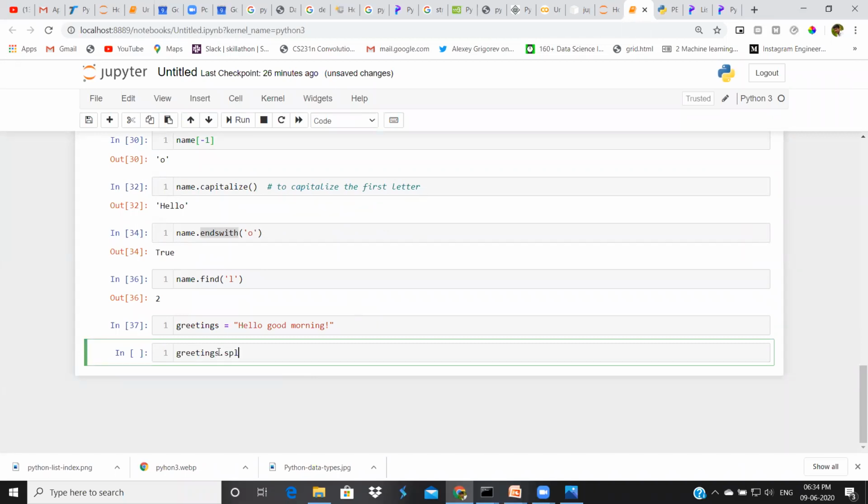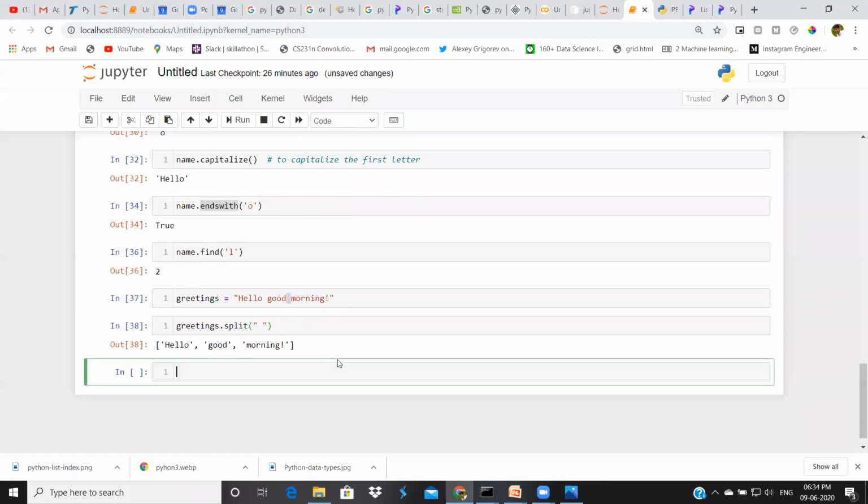Greetings is my variable. I want to separate this string into words. In this situation, I will use space here. Why? Because I have space between every word, so I will use just space.